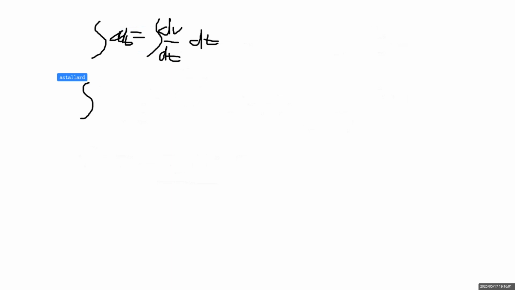Now let's see what we have here. We have a dt, and by the fundamental theorem of calculus, the integration of a derivative is the function itself, so that's just v. And so we take this integral here, we have at plus an arbitrary constant